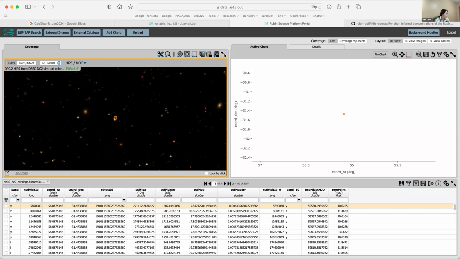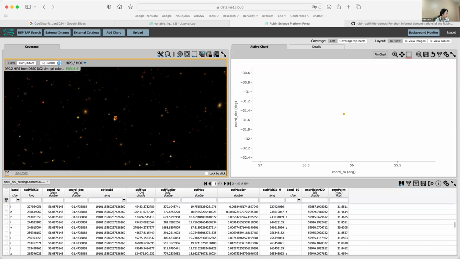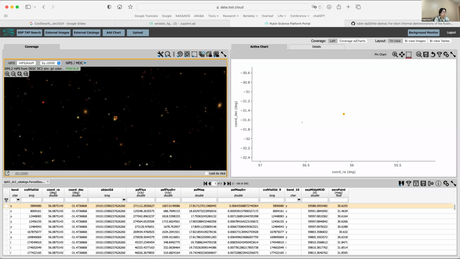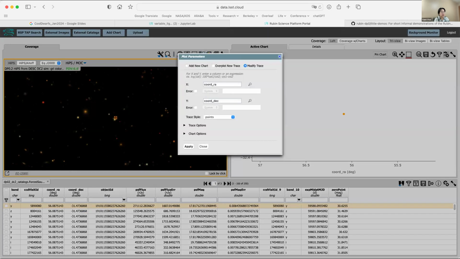So, let me just make sure that we got all the measurements having the same object ID for 250 measurements, and that's right. And so you go to the active chart portion of the layout and then click the two gears icon and then modify